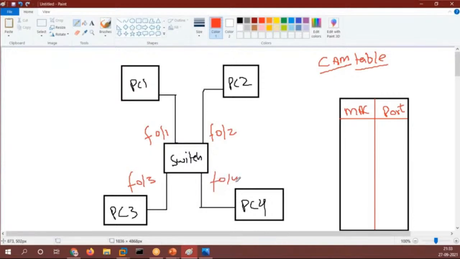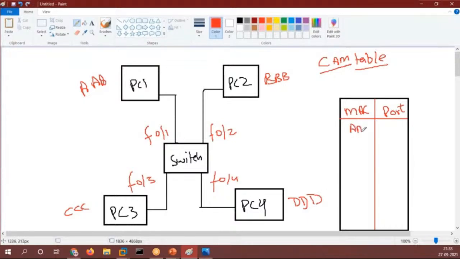F0/4. So in the MAC address, let's say PC1 has a MAC address of AAAA, PC2 has a MAC address of BBBB, PC3 has MAC address of CCCC, and PC4 has DDDD. So what is written over here?